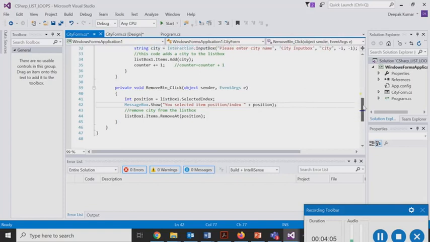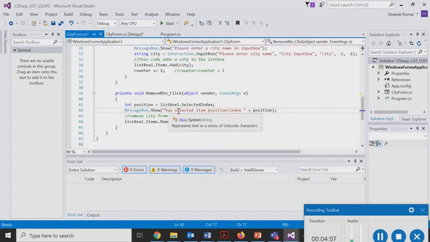So if I display the position variable which captures the selected index of this list box, and if there is no selection, we noticed that the value that goes into the position variable as a selected index value is actually -1.